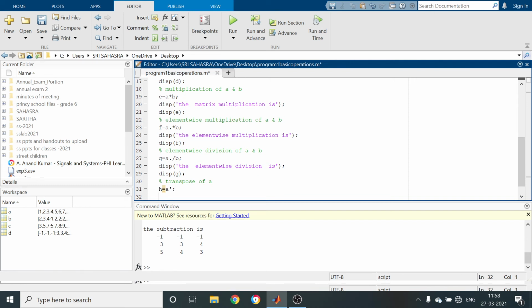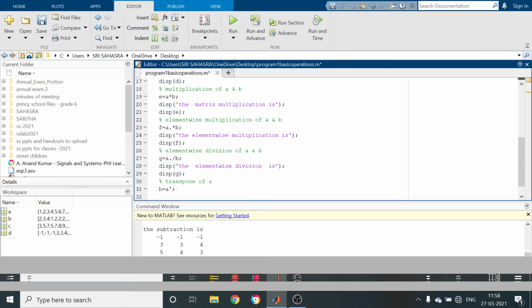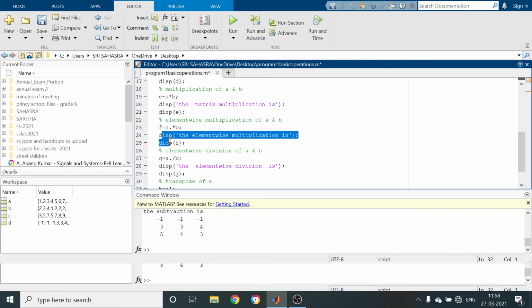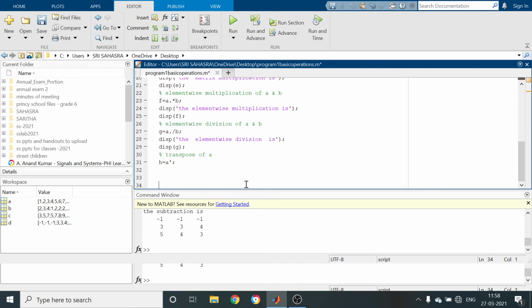Now what you have to display? Just I am copying this one. Display the transpose of A is, so here H.